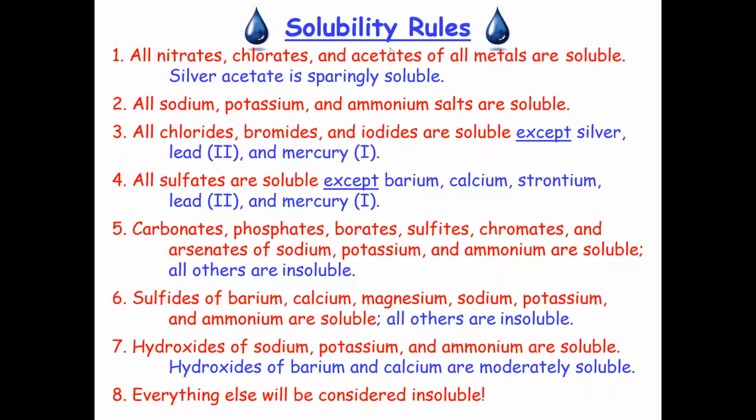All sodium, potassium, and ammonium salts are soluble. All chlorides, bromides, and iodides are soluble, okay, except silver, lead, and mercury. All sulfates are soluble except barium, calcium, strontium, lead, and mercury. Carbonates, phosphates, borates, sulfides, chromates, and acetates of potassium, sodium, and ammonium are soluble. Sulfides of barium. So these are some chemicals,